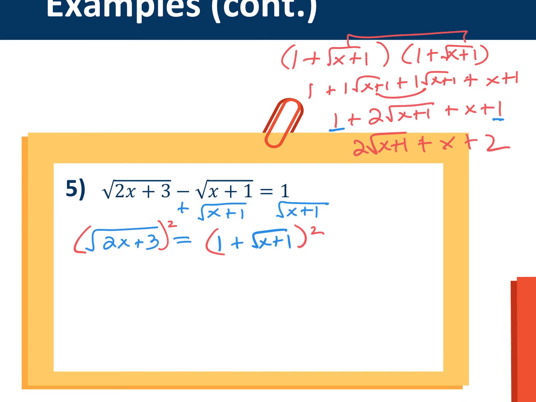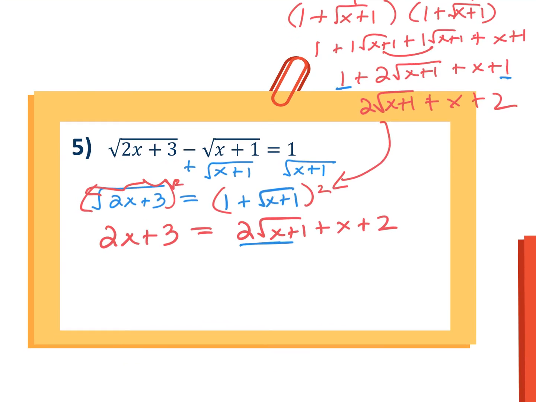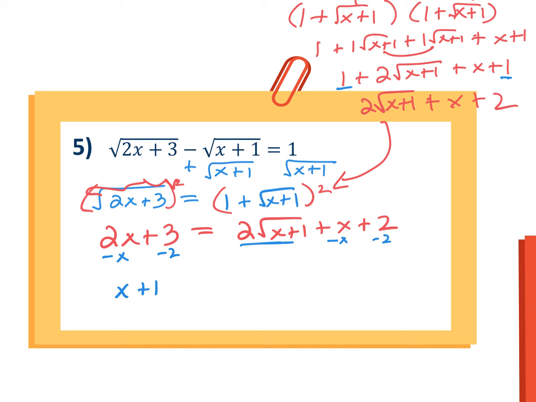So that's what I got when I square this thing. This one, it just cancels it. So 2x plus 1 plus x plus 2. All right, now I still got a radical here. So now I'm going to isolate this radical. So what I'm going to do is move the x and the 2 to the other side. So I can subtract this x, subtract this 2. Subtract x, subtract 2. So now I'm left with x plus 1 is equal to 2 times the square root